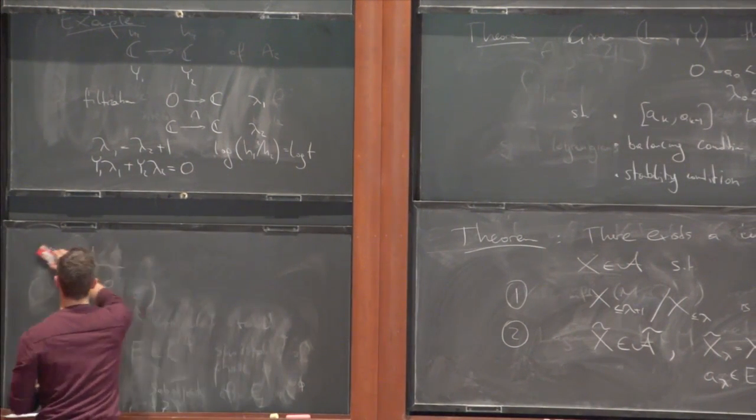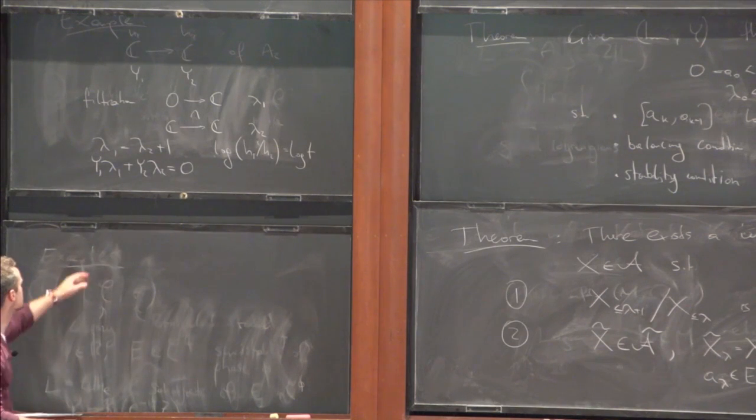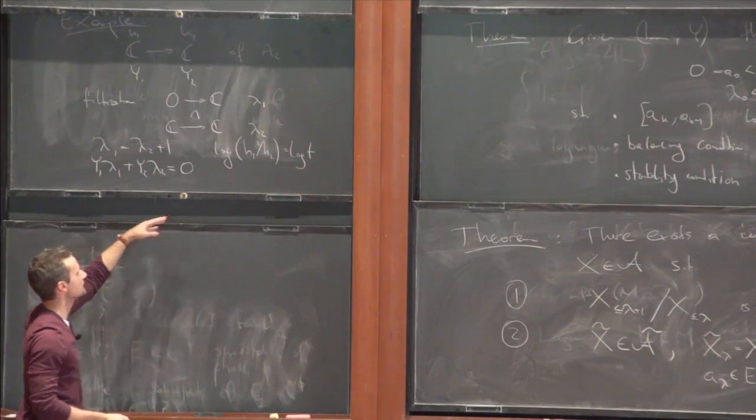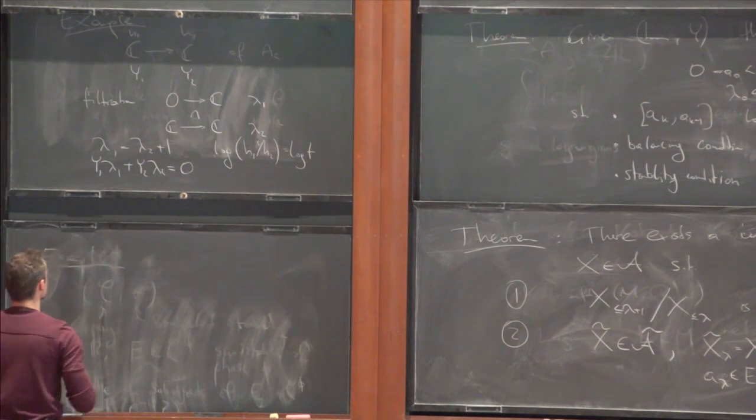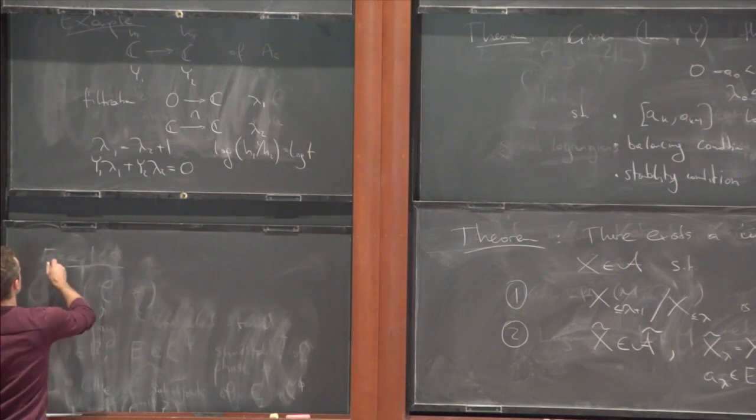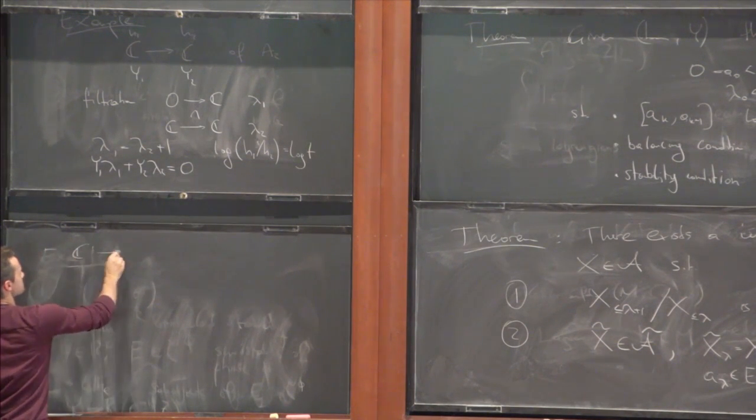So here again, the degree in which the associated gradients sit depends on this function y, but the actual filtration is always the same. It's always the same two-step filtration. So there's no wall crossing in this case, but another example where there is wall crossing is something